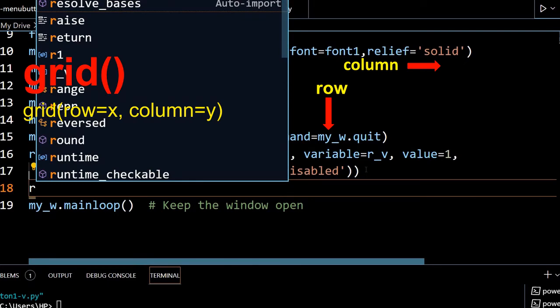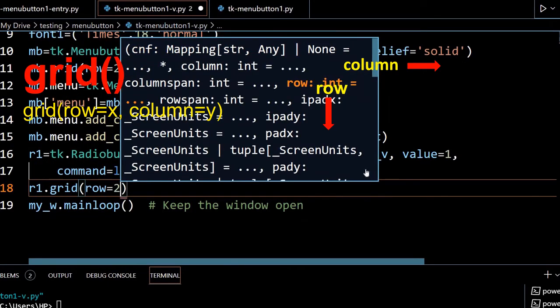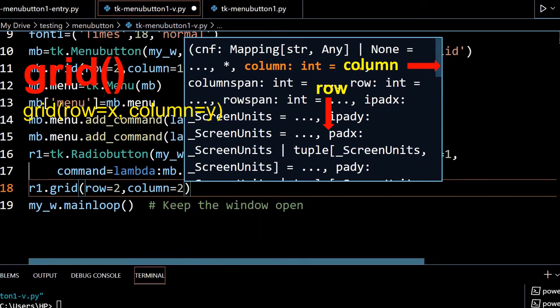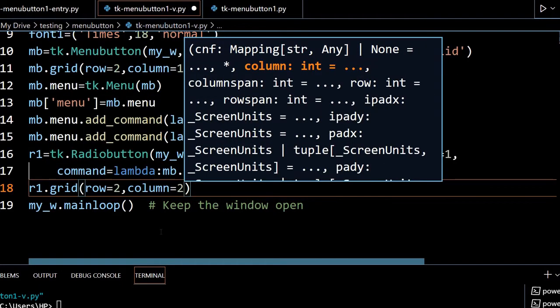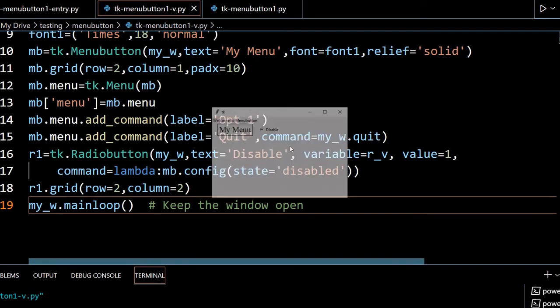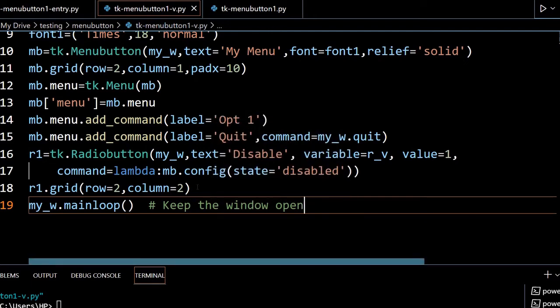Okay, R1 dot grid, row equal to 2 and column also equal to 2, because row 1 column 1 is our menu button. Now it's visible. Let me see how it is disabled. If I click this, okay, it's getting disabled, because it is selected, because the value is the same.